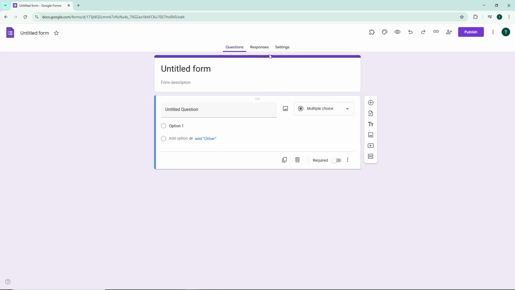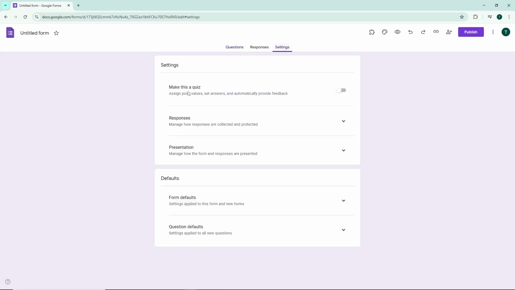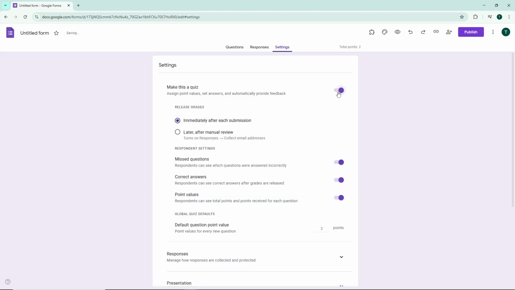Now in the top toolbar, locate and click on Settings. This is where you'll find all the configuration options for your form. Within the Settings menu, navigate to the option that says Make this a quiz and toggle it on. This crucial step transforms your regular form into a quiz format, enabling you to assign point values and mark correct